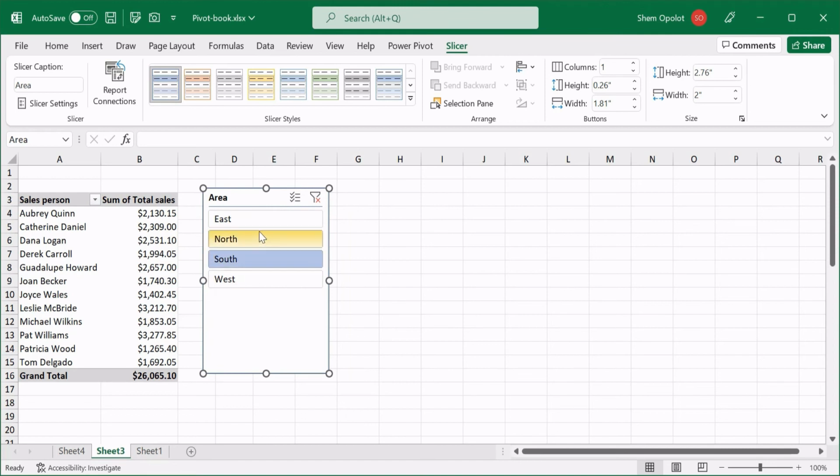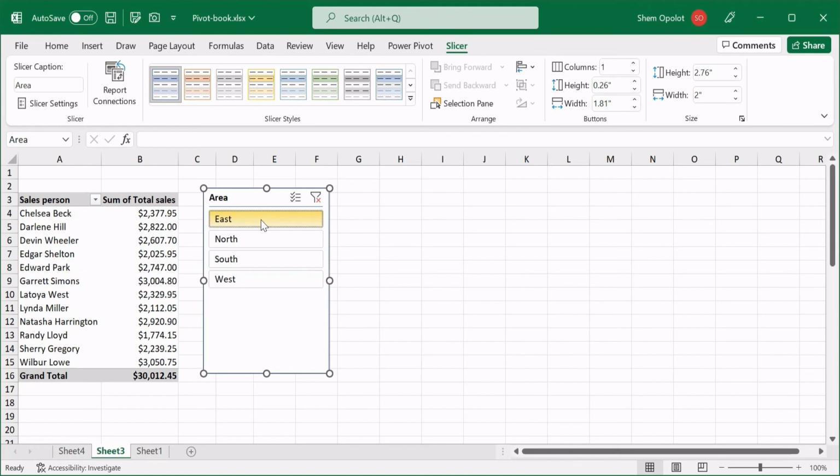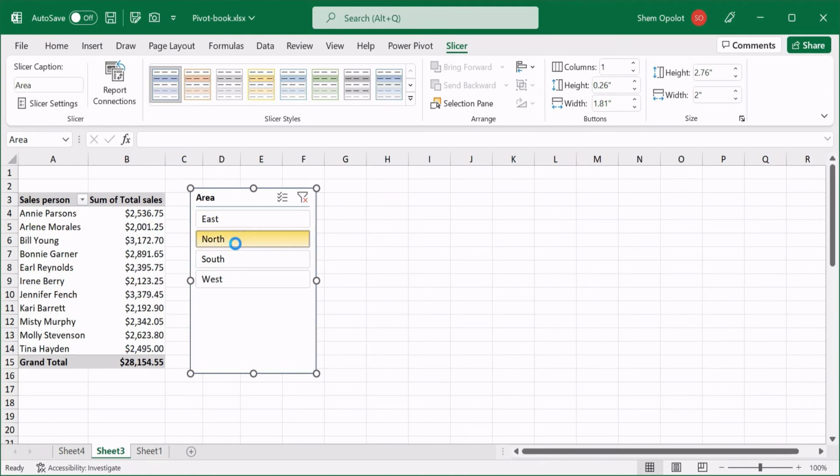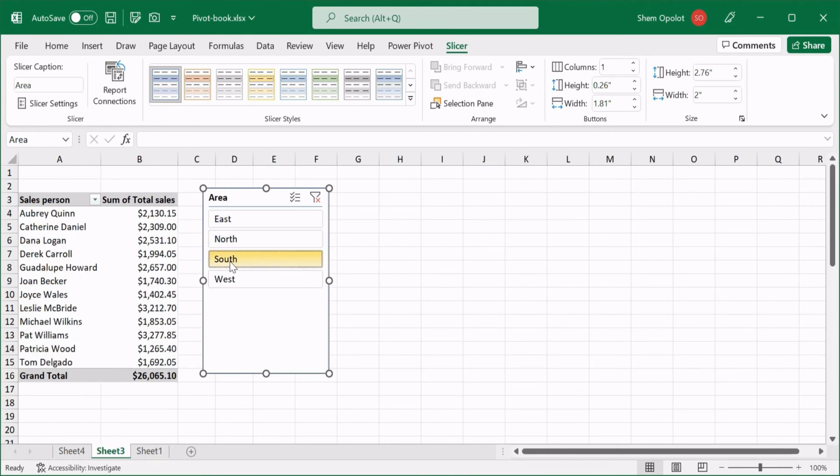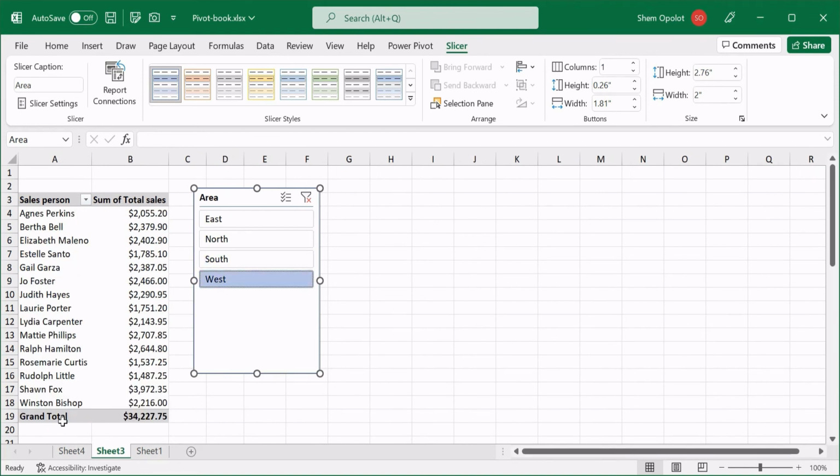Okay, and so now same thing, if I want to filter by the east, I click that. If I want to filter by north, I click that. If I want to filter by south, I click that. If I want to filter by west, I click that, and as you can see, the data is changing in real time. If you want to select multiple items at a go,